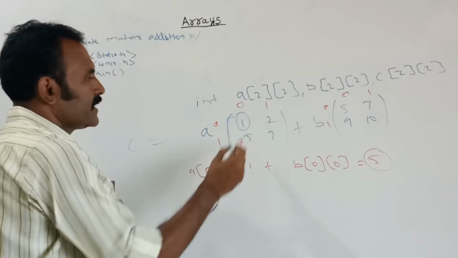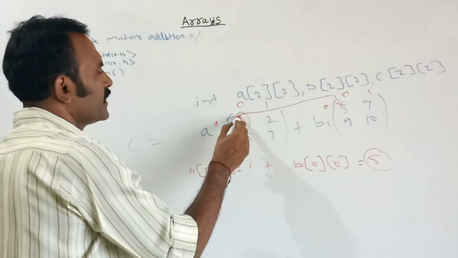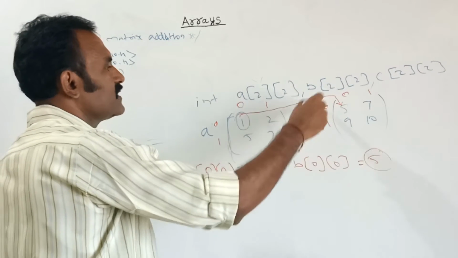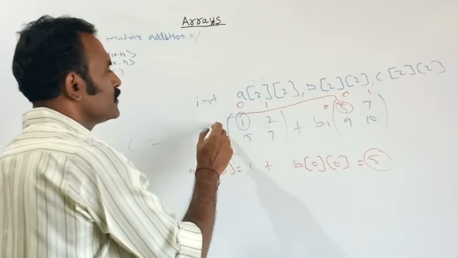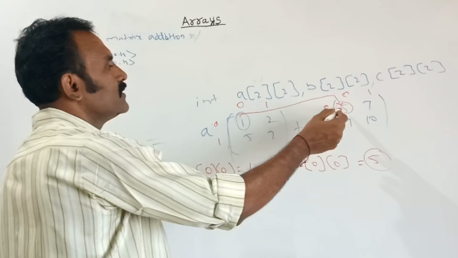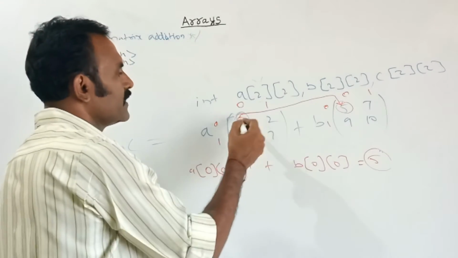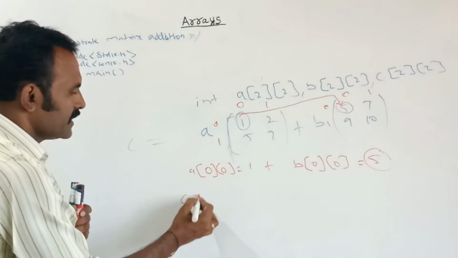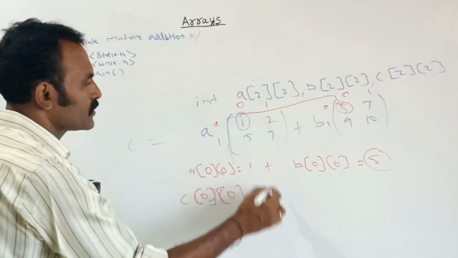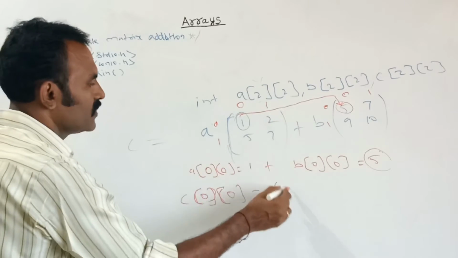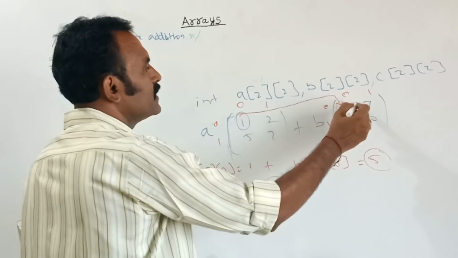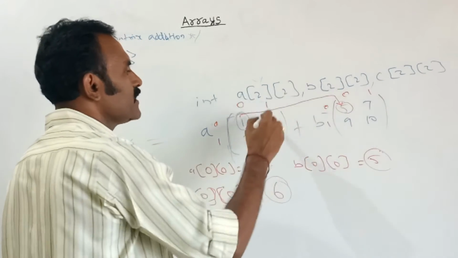See the matrix addition. You take the first element, and the element in a similar position of the second matrix you should add, that is A of 0th row 0th column plus B of 0th row 0th column. What is the value? Here 1 plus 5. So C of 0th row 0th column, the value is added and stored here as how much? 5 plus 1, 6. In a similar way, A of 0th row first column and B of 0th row first column, we should add these two elements.